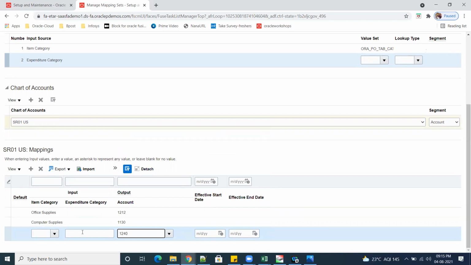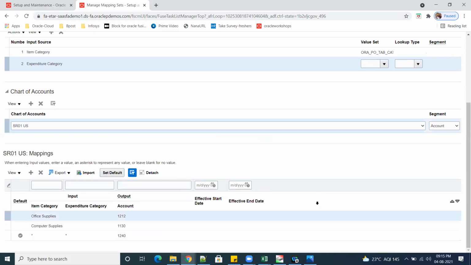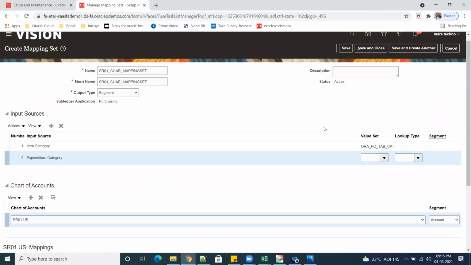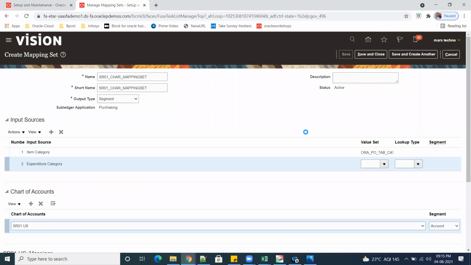So how to make it a default is set as a default. So if it is office supplies, system will take this. Computer supplies, system will take this. Else, system always defaults the 1240. So like that, you can define your mapping sets. Okay. So save.